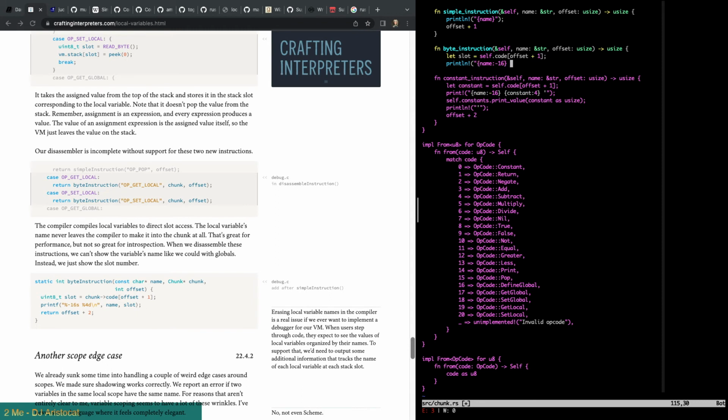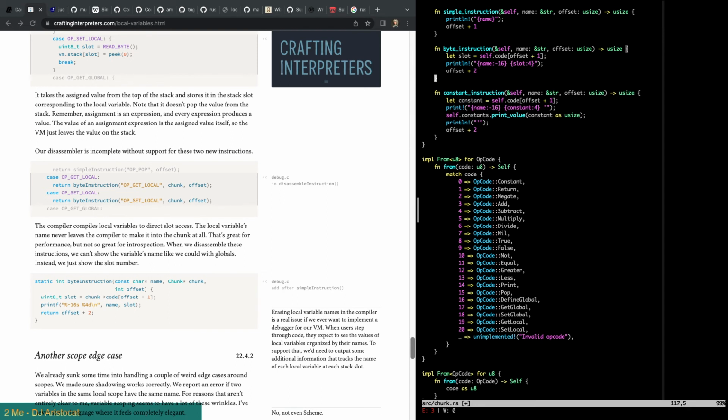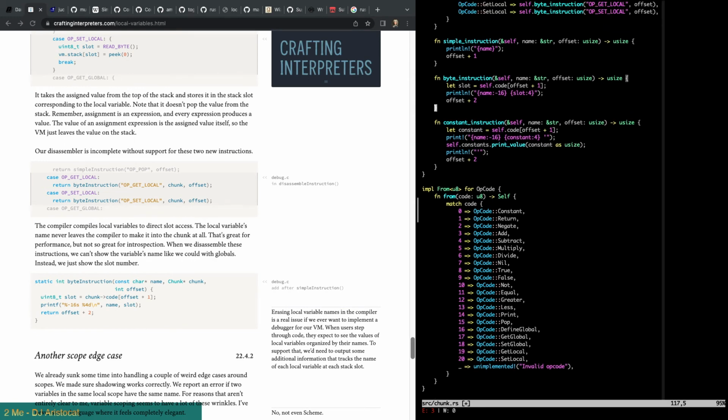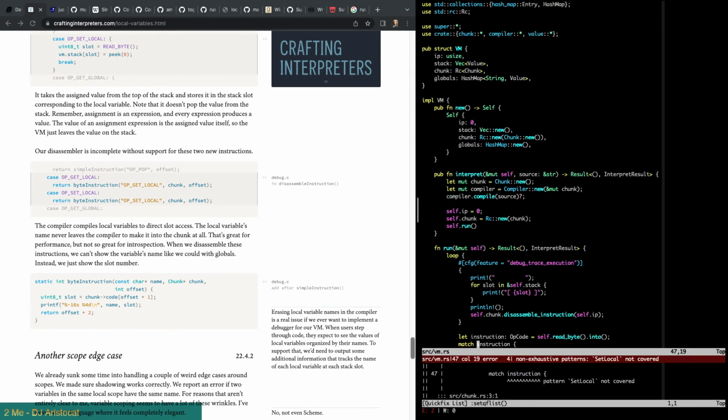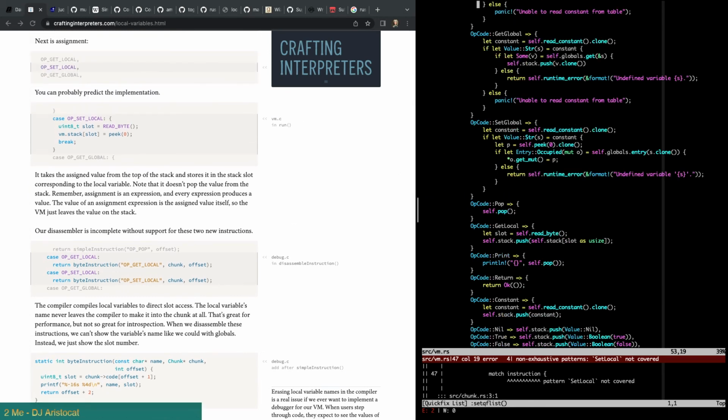And then we're going to do 4D on the slot. Just like that, right? And return offset plus 2. So it's almost the same as the constant instruction, except the constant instruction also decodes the constant that it points to. Okay. And now we don't have the actual instruction for set local, which we can add right